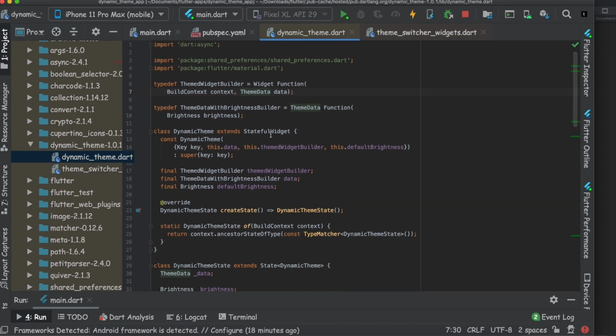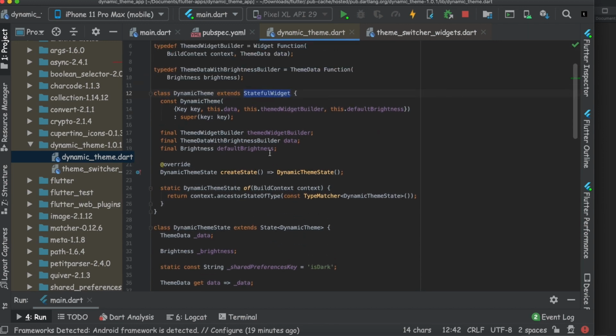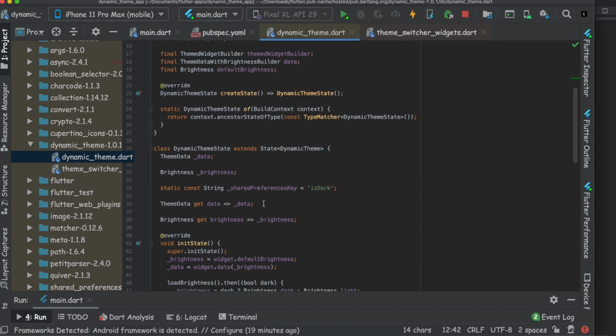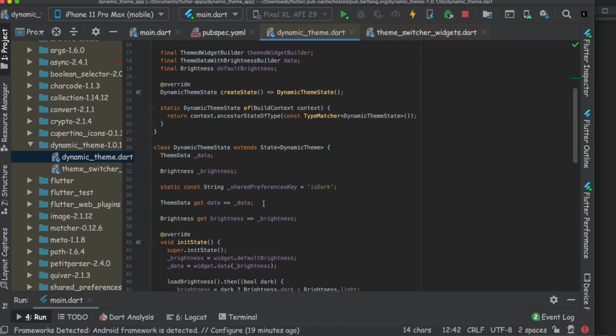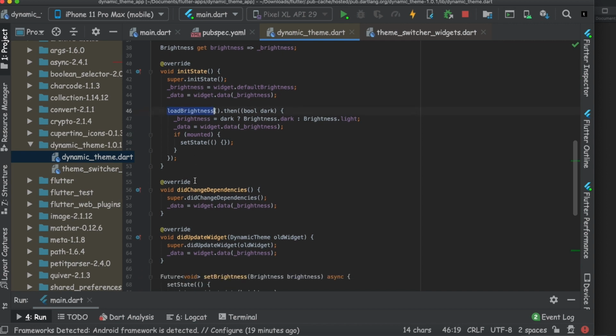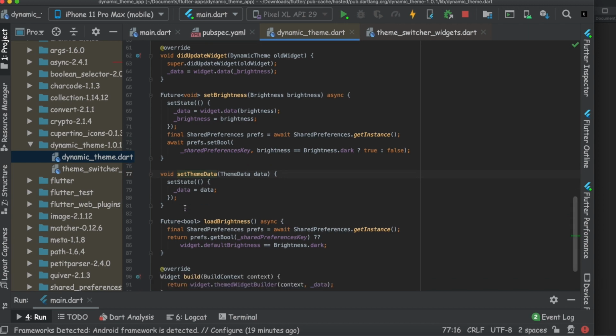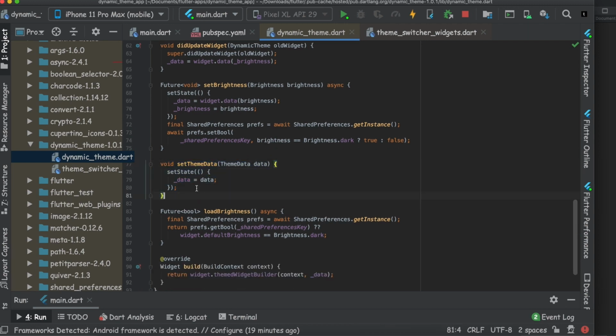It actually does this with a stateful widget and setState, because whatever child is in your stateful widget will change when you call setState. So you will see there is brightness and setState, then theme change and setState, setting data and setState.